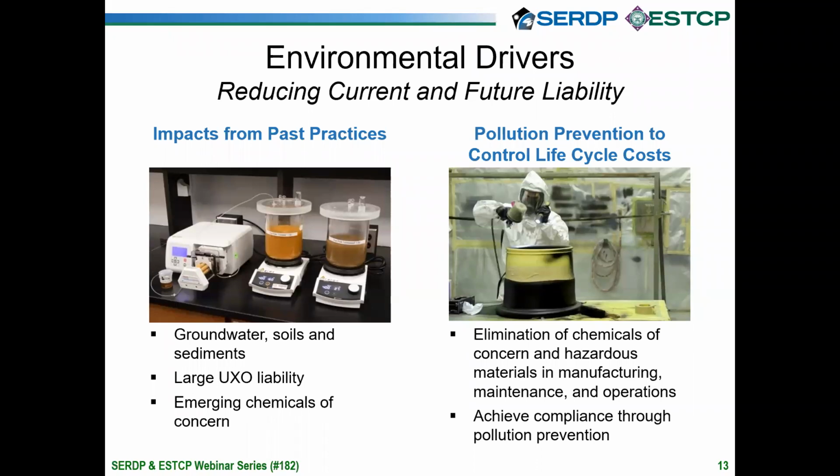And then we're also looking at impacts from past practices. And so that would be any chemical of concern that's impacting groundwater, soils, and sediments. And that's where the presentations you'll see today are falling within this area of dealing with the impacts from past